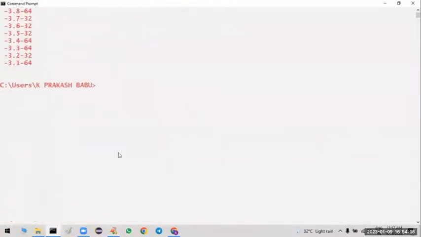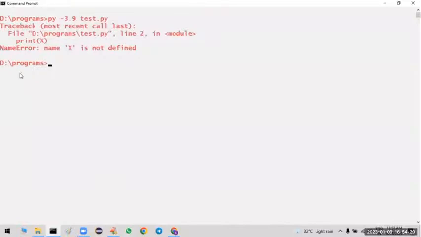How is this error identified by Python? py space test.py. First I want to execute this program in the 3.9 version. What error message do we get? NameError: name X is not defined.